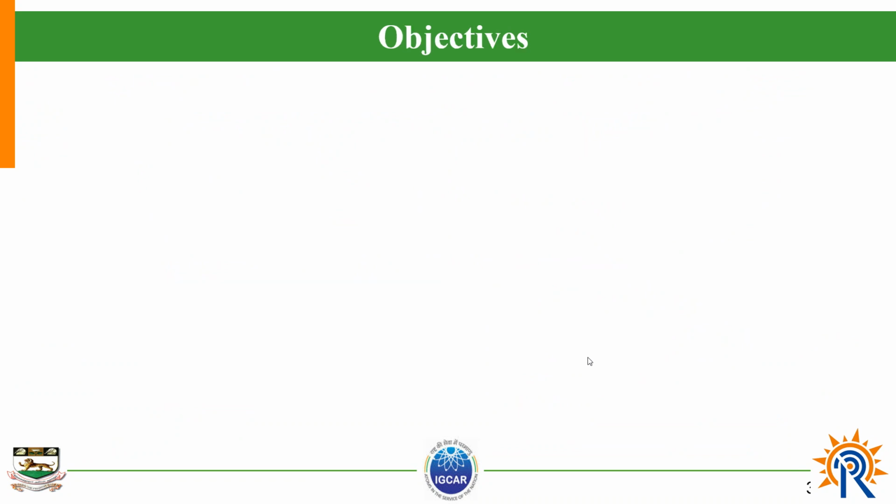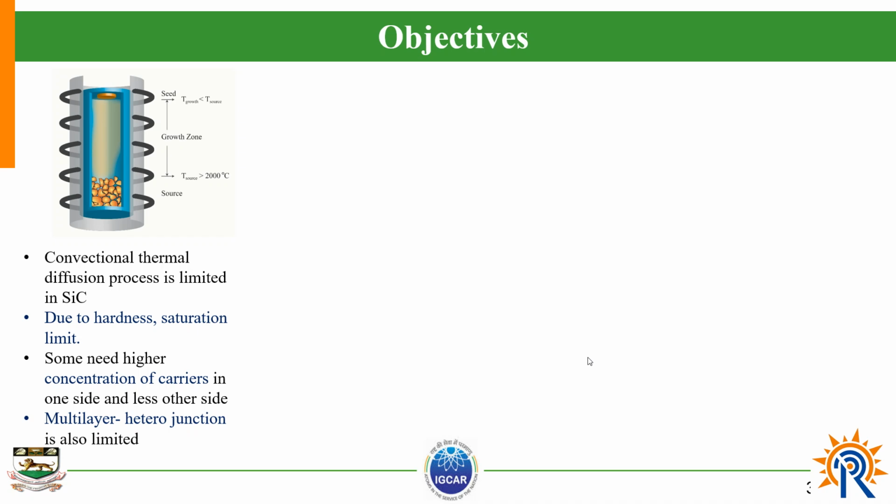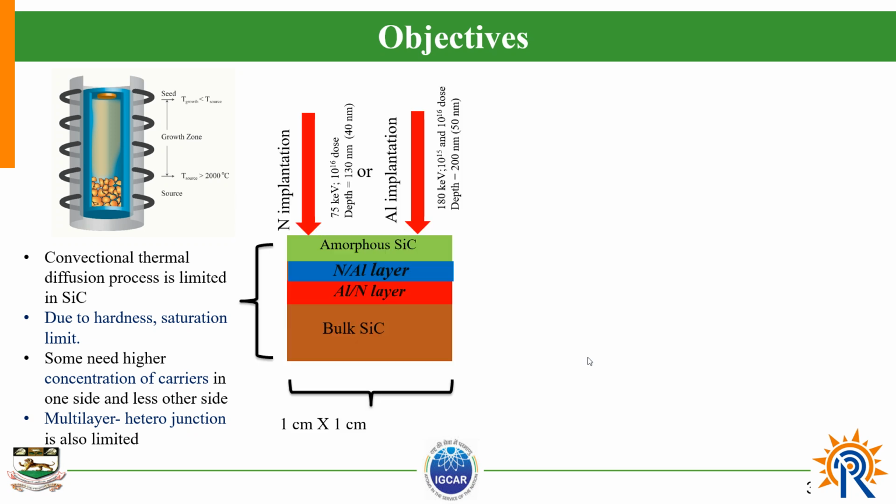So the main objective is, normally the thermal diffusion process has some limitations because we can't achieve more saturation limit, and we need to get more concentrations, which we can't achieve using the normal thermal diffusion process. As well as sometimes we need PN and PN multilayers, so we have to form layer by layer structures. This is also not possible with the normal conventional thermal diffusion process, so we have to go with the alternate method called ion implantation, with which we can forcefully implant ions like nitrogen, aluminum, and